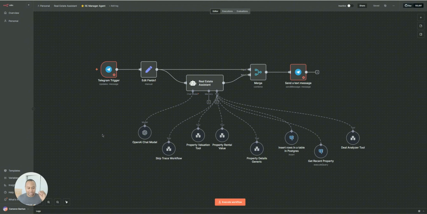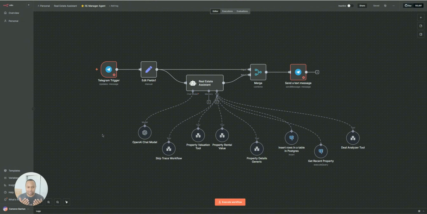It's not that it can only take in an address in a very specific format, and it's only going to give you back how much the property would rent for, or how much the property is worth, or how many bedrooms and bathrooms it has, right? This can do many different things. And this is really just scratching the surface, because even though with this agent node I can just give it an address input